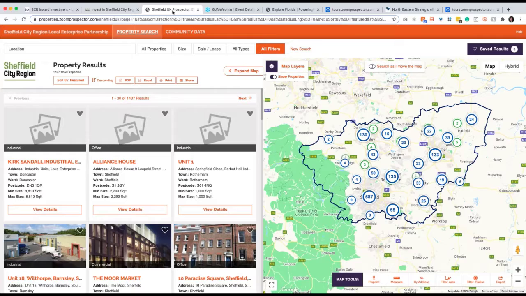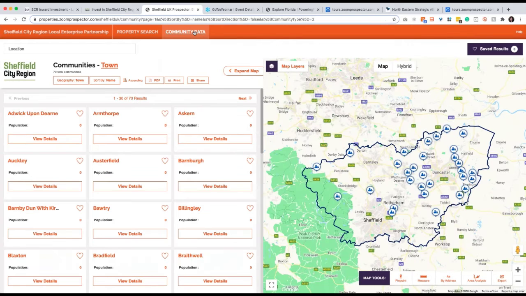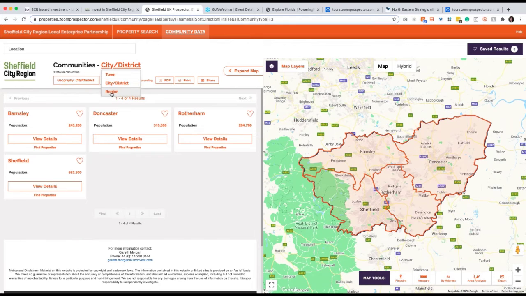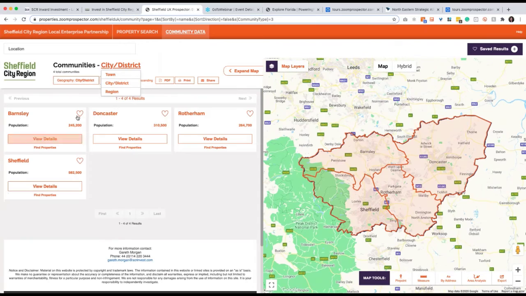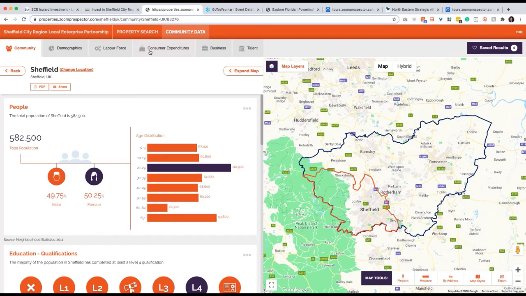So that's ZoomTour, but I'm going to take us back to the Sheffield City Region tool, as Chris has said. One of the other things I just wanted to quickly direct attention to is that in addition to the property search, of course, the community data section makes it possible to look at all of the different regions within the area and to get that kind of snapshot of information about the regions themselves, so that you can go in and do a lot of the reports that Chris was showing us beforehand to look at demographics, labor force, consumer